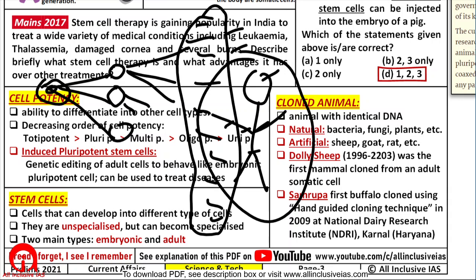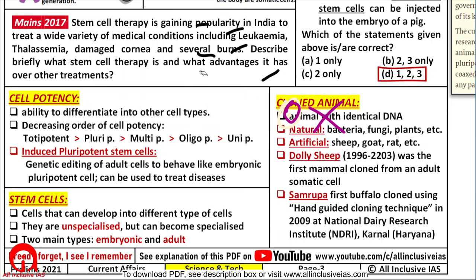Potency is the ability to differentiate into other cell types. Your skin cell does not have a high potency. If you tell your skin cell that please convert into my heart cell, my heart has been damaged, so my skin cells should convert into my heart cell, or they should convert into my kidney cell. No, they won't, they cannot. So their potency is very low or negligible. But what about the potency of the cells in the embryo? Yes, when you were an embryo, the potency of the cells was very, very high, right? That is the meaning of potency, ability to differentiate into different type of cell.